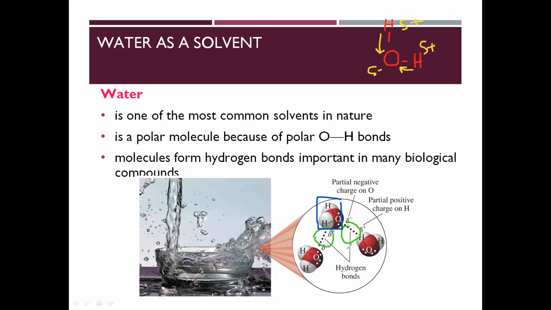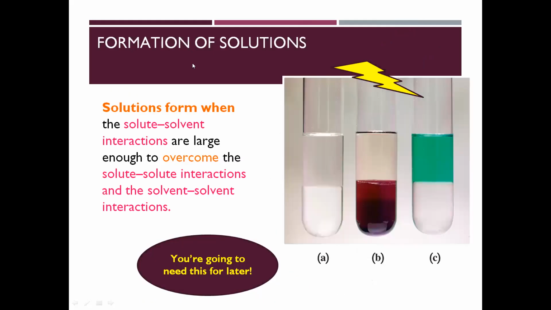And this is one of the reasons that water is actually a liquid at room temperature, although its molar mass is quite small and would normally be a gas. But because water acts as a solvent, it can actually break down some solutes and dissociate them into electrolytes. We'll discuss that a little bit more just coming up.